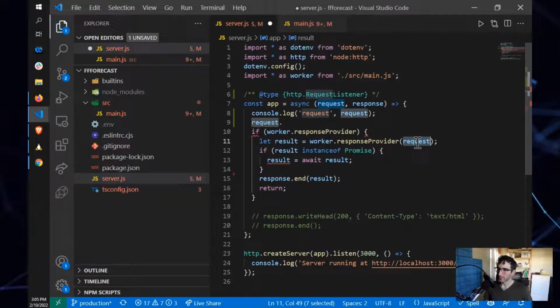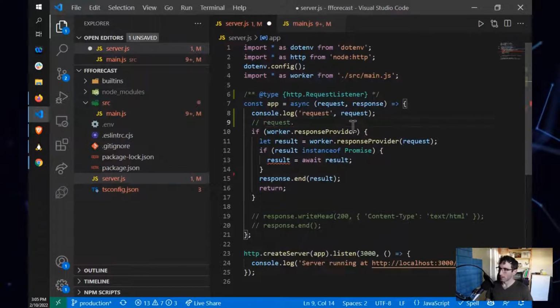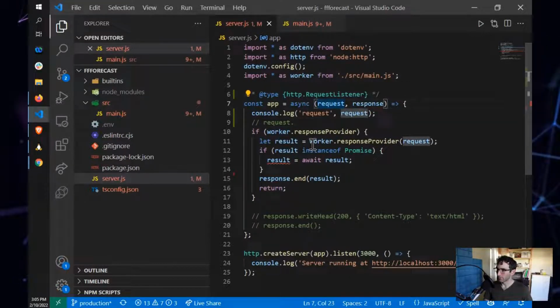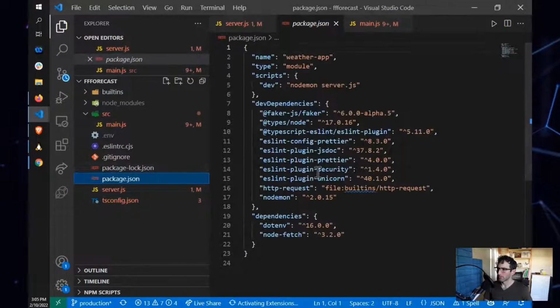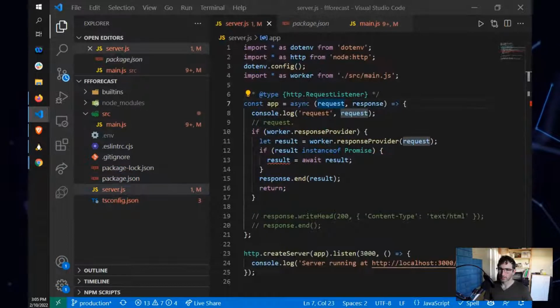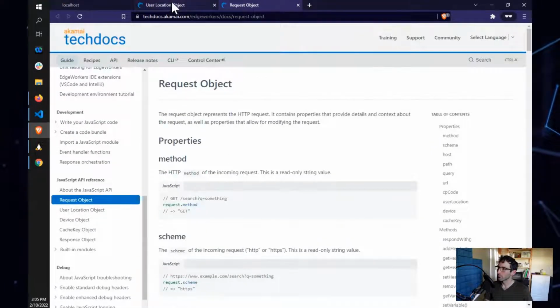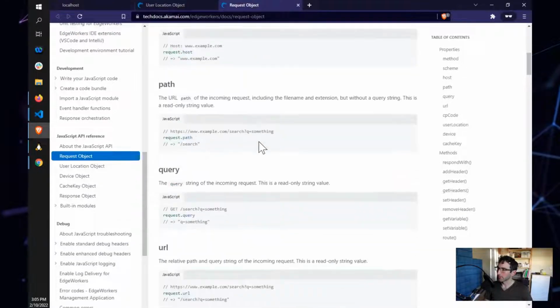Well, in fact, this request object should not be an incoming message from the node HTTP server, it should be an EdgeWorker thing. An EdgeWorker, I forget what it's called. Let's see if I can look it up. It should be, where are we at? The request object